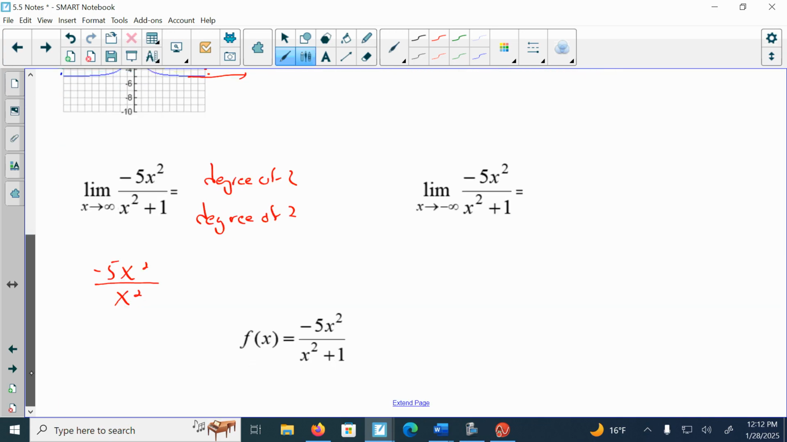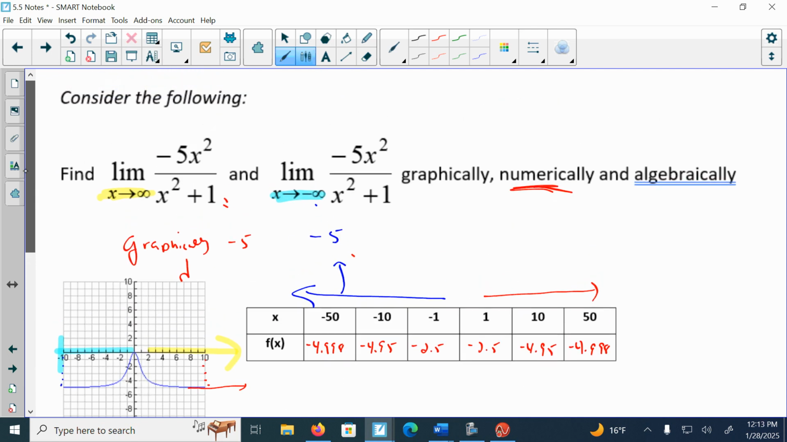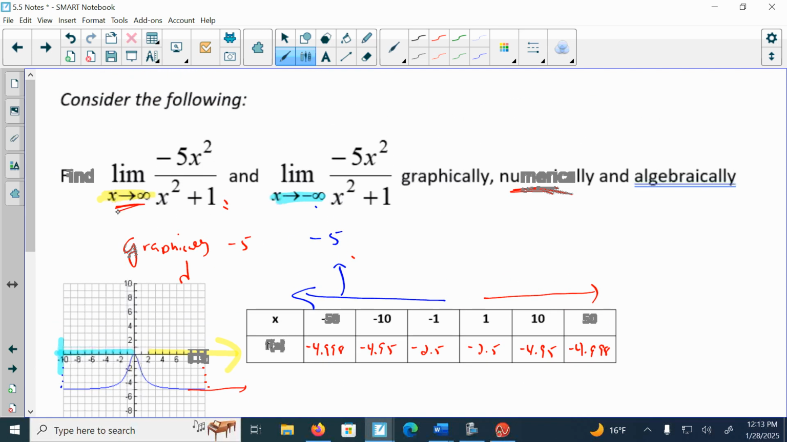And then I simplify. If the x squared simplifies, I get negative 5. And that's me doing it algebraically. That's going to be how we found our horizontal asymptote, which would be y is equal to negative 5, and that -5, the horizontal asymptote, is going to be my limit as x approaches infinity or x approaches negative